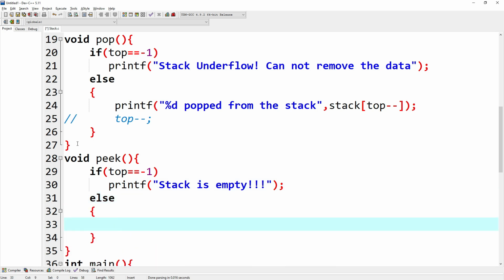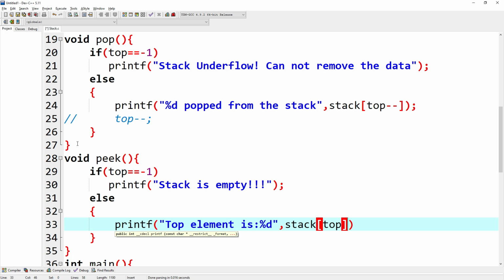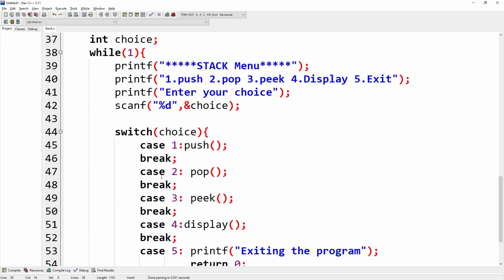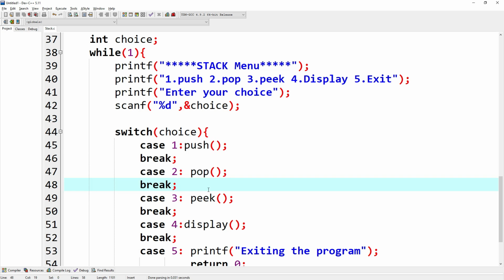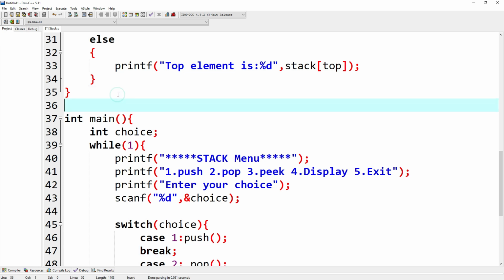Else I can say printf top element is %d, comma, stack[top]. Done. Next, any operations left? No. Push, okay. Display is there. We have to perform the display operation. So I will write the display function also. Void